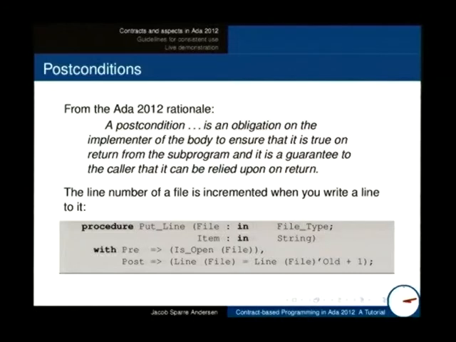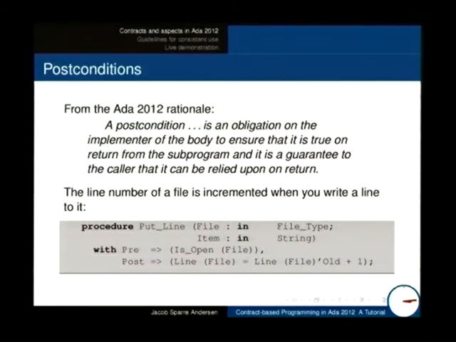Similarly, we can look at postconditions, what the state is after we call a subprogram. That's an obligation of the implementer of the subprogram to make sure that this is true once the subprogram returns. And it's a promise, on the other hand, to the caller that this is how the world will be afterwards. And I decided then, okay, let's put Line again in the Text_IO API.